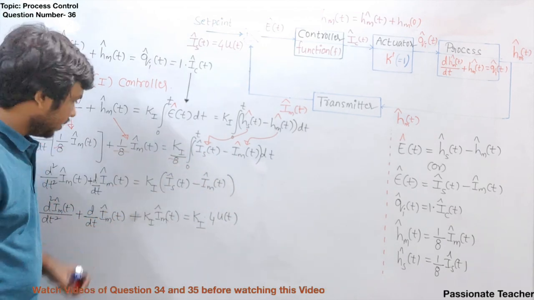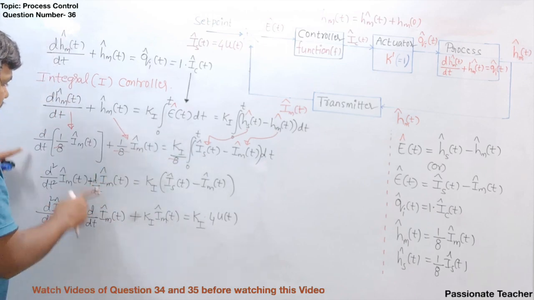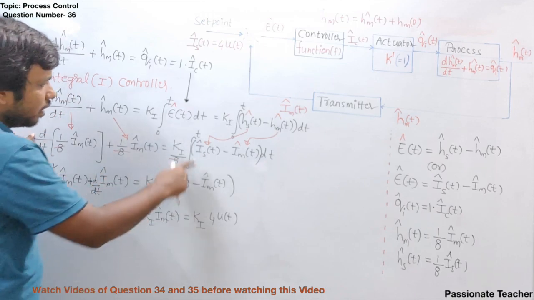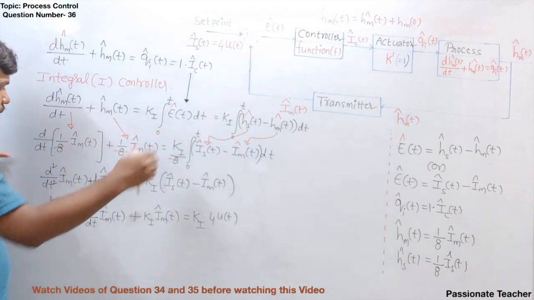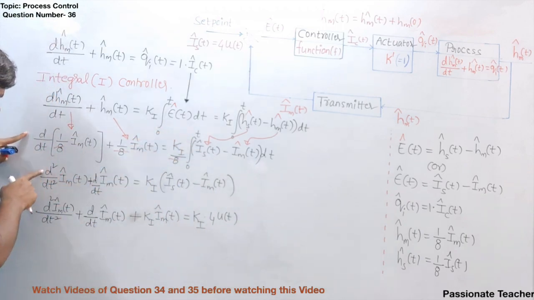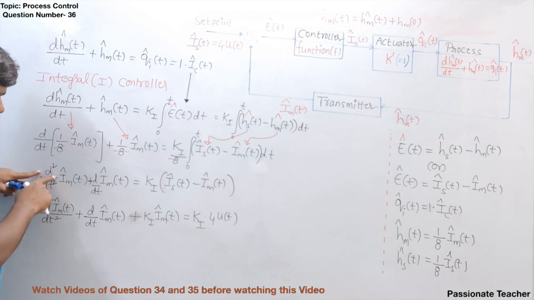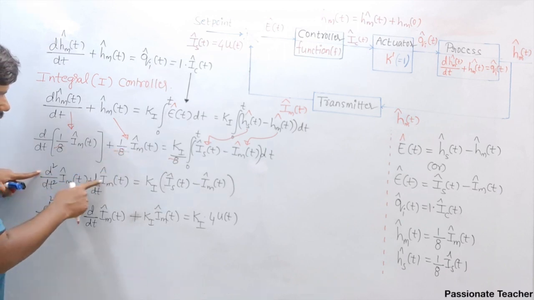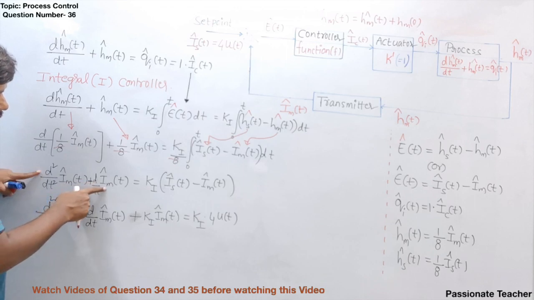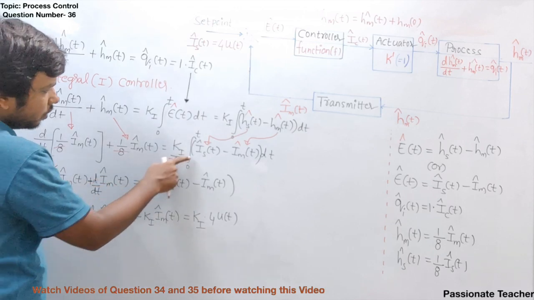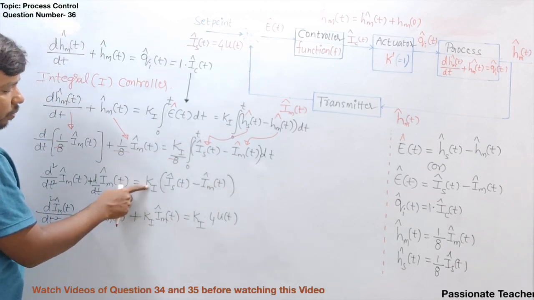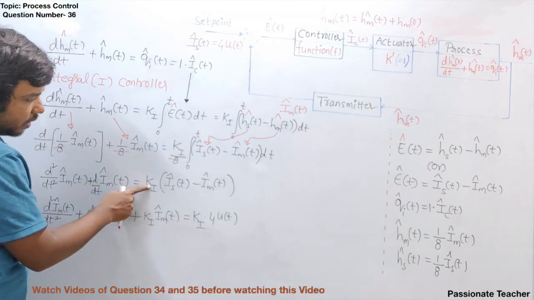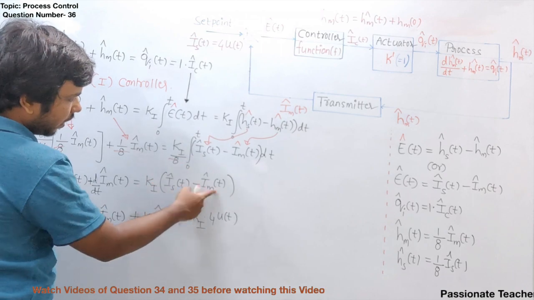The interesting factor here is, once the 8 is cancelled, we are having differentiation here and integration here. Now differentiate both sides. If you differentiate both sides, it is going to become d by dt. So altogether it is a second order differentiation now. And here it will come first order, that is d by dt into Im cap of t equals this. The integration will be cancelled by the differentiation, and you will be having only ki into Is cap of t minus Im cap of t.